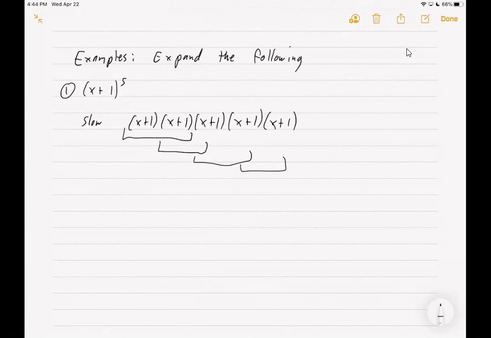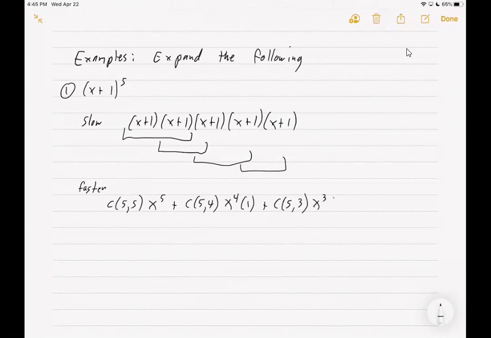A better way to do it would be to remember the coefficients, okay? I have 5 bins. Each one has an x and a 1. So I could take the combination of 5 things where first I'll count up how many x's I'm picking. I'm taking 5 x's and no 1s, plus the combination where I pick 4 x's, so that would be x to the 4th, and 1 factor of 1, plus the combination of 5 things where I choose 3 for the